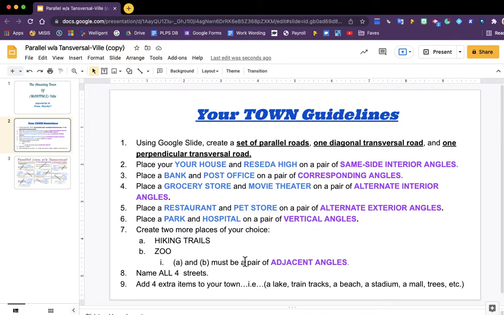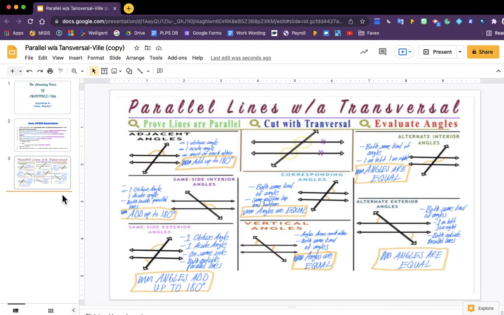And it says A and B must be a pair of adjacent angles, okay? I have to name all 4 of my streets, and I have to add 4 items to my town. For example, a lake, train tracks, a beach, stadium, a mall, trees, etc., right? So I have to add